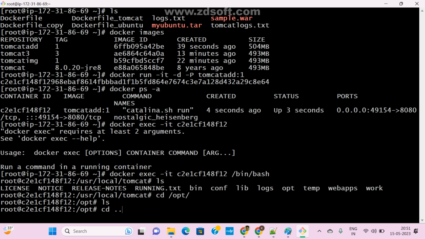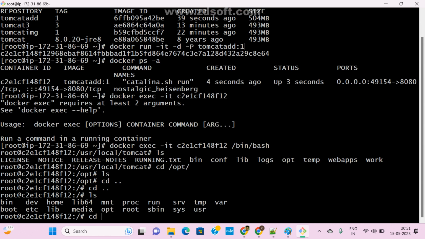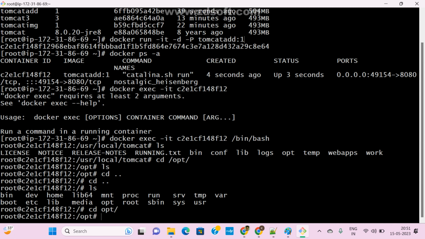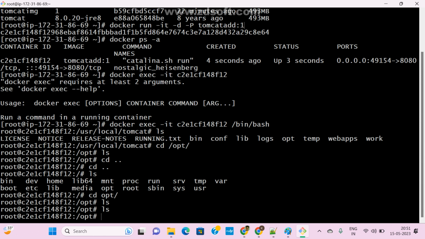Here I have given the root path, right? Let me come to here. So ls and cd /opt. Okay, cd /opt, ls. Correct path, right? ls only. Still it is not updated.